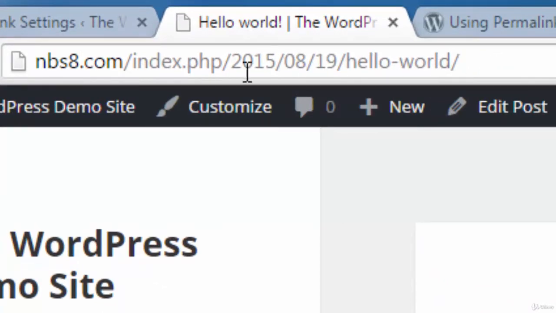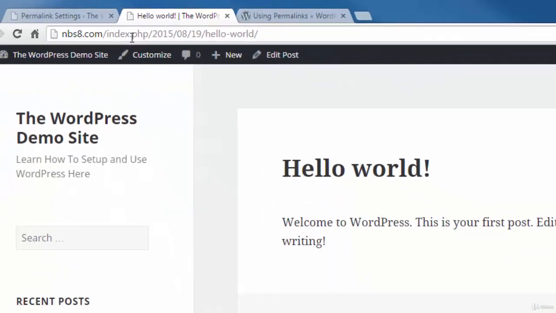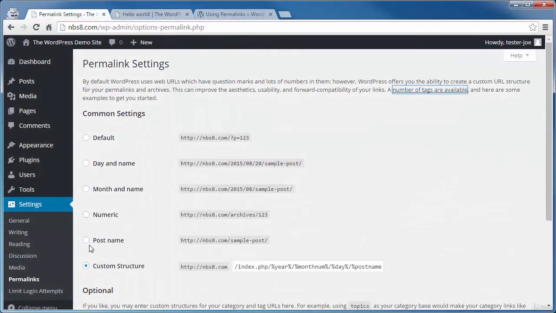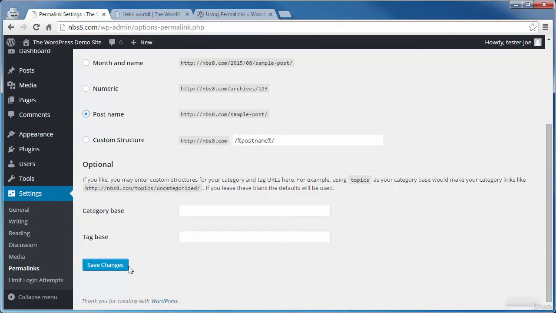I can get a better idea as to what this is about than if this were to simply have the domain name / question mark, couple of numbers, and a couple of letters. And again, the most common one of these is simply the post name. You just select that radio button to the left of post name, come on down here and click on Save